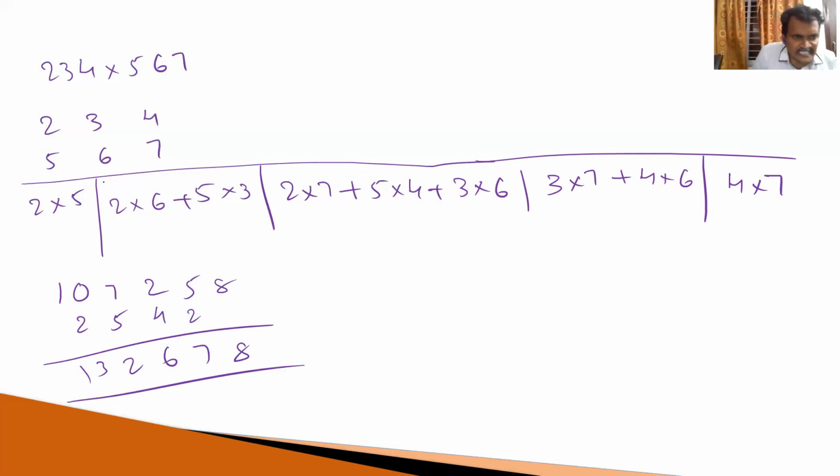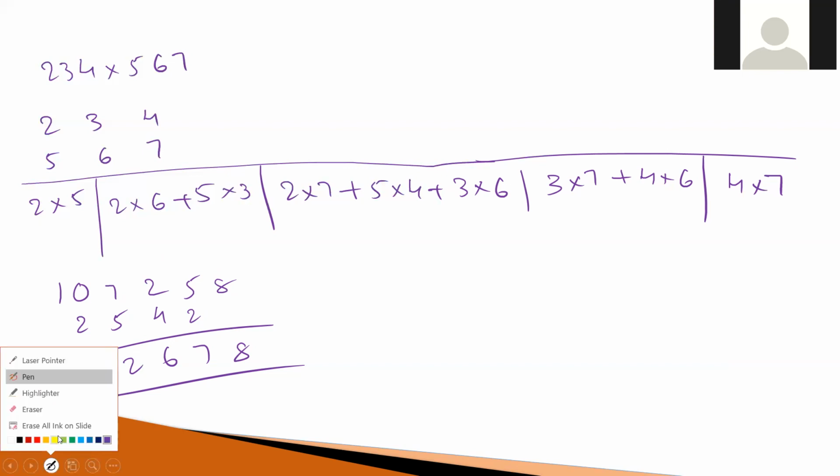Suppose you have a lot of practice, you can skip this step and straight away write down using this technique only. After too much practice, there is no need to write down this one also, just write down the answer only. Okay, I'm going to explain that one also, nothing to worry. Is it clear, all of you? But in the initial stage, you need to write down like this. If you are comfortable with this technique, then you can skip this step and go through this technique. Okay, is it clear, all of you? Yes, sir. Now, I'm going to explain one more example.